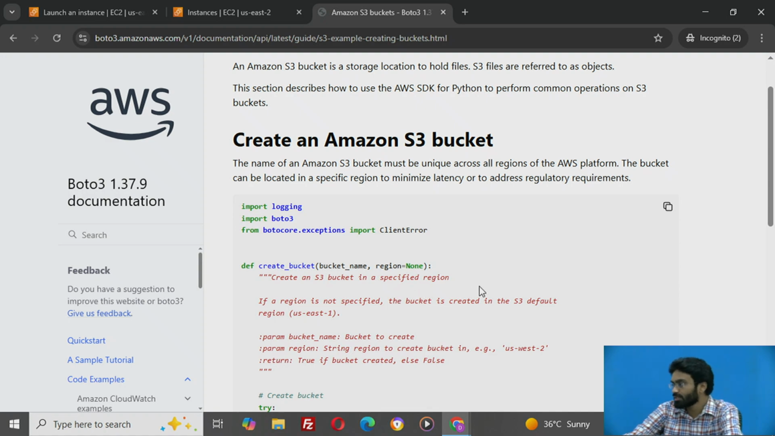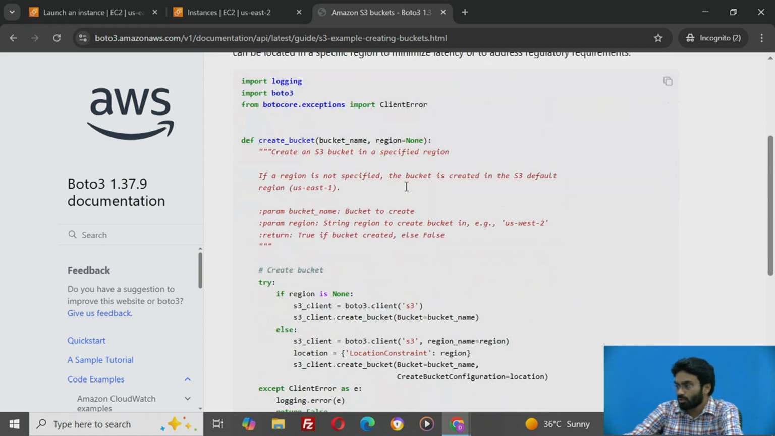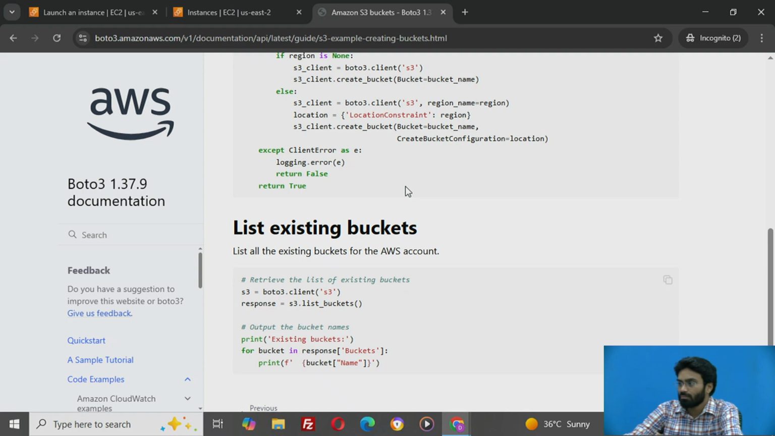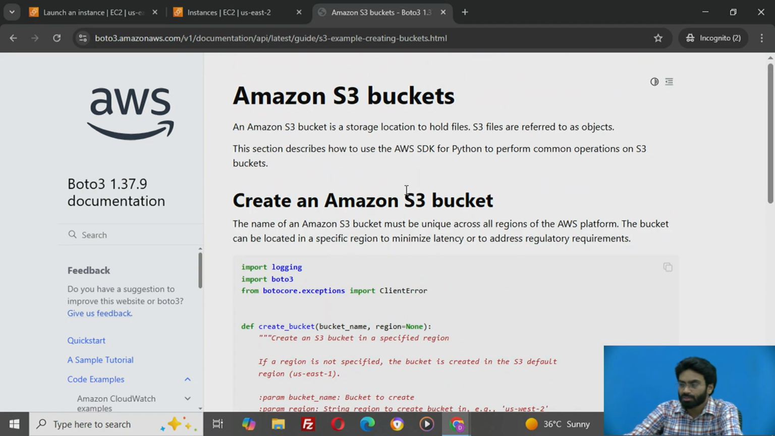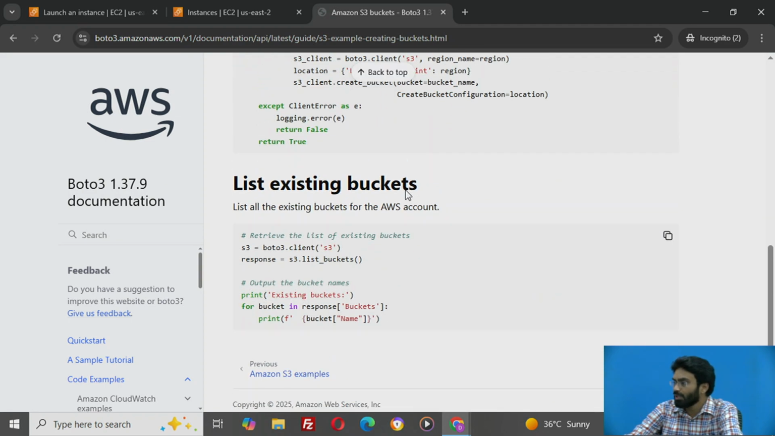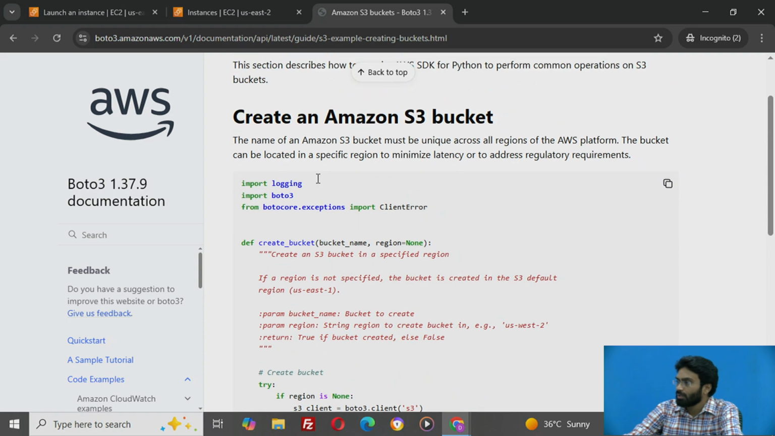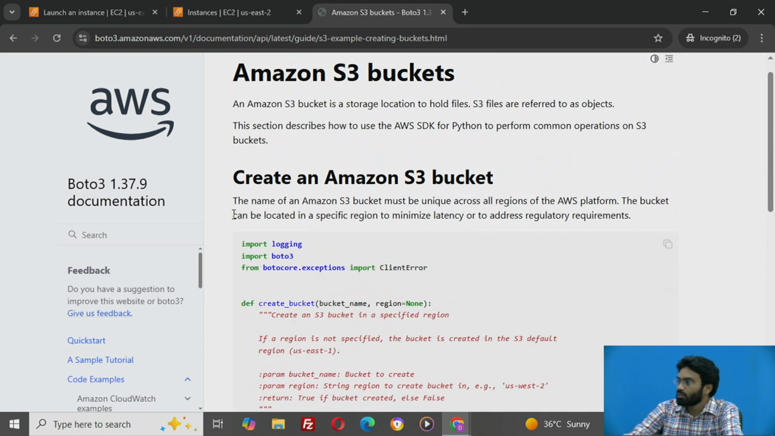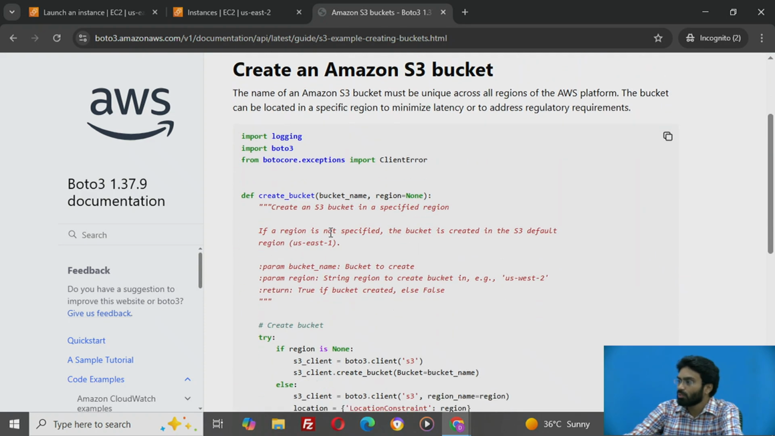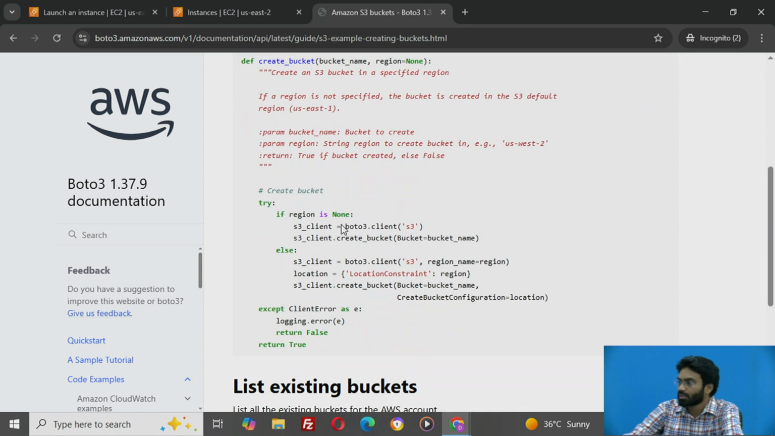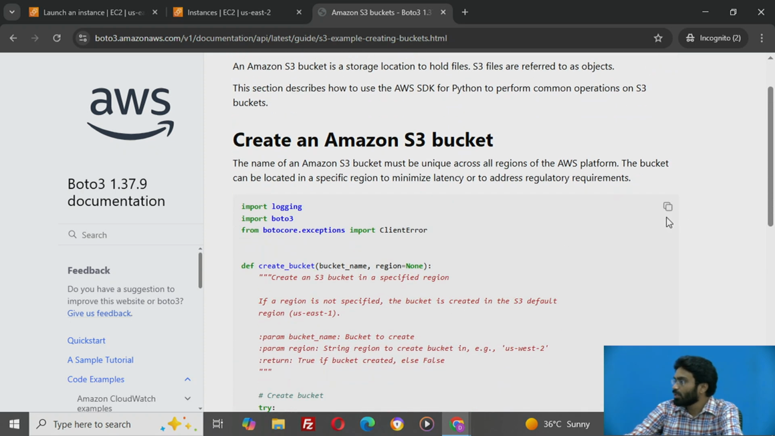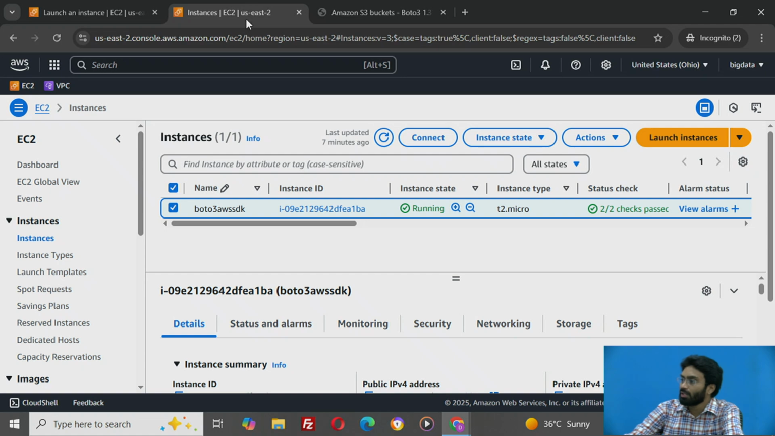So once you are ready with this one, you may use a couple of these options to directly list down the buckets. So let us go with a simple example. We have listing all the existing buckets for the AWS account. So you need to copy down this entire code. Okay, so we'll copy this code and I'm going to directly head towards the EC2 dashboard section, open the Cloud Shell,